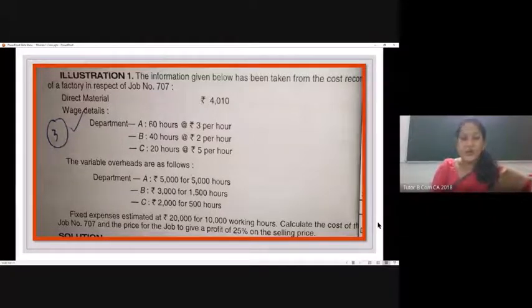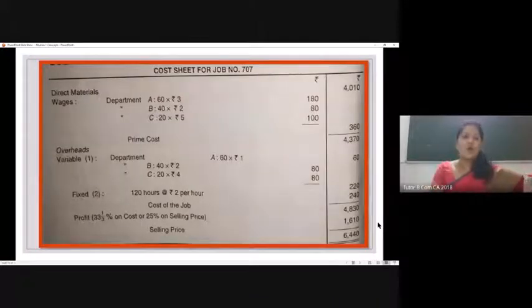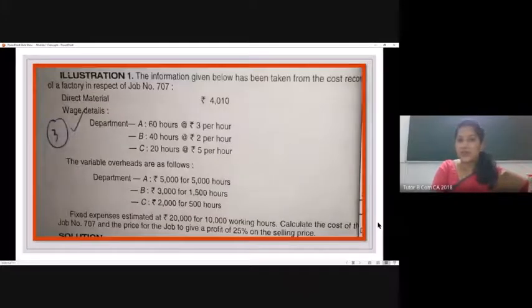Now let's see how we do that. See here, this is the cost sheet. You have learned preparation of a cost sheet maybe 2-3 weeks back, so it is very fresh in your mind. Looking into this question, we do not have much detail. We have only material cost, labor expenses, and also overhead, both fixed and variable overhead, as shown in the question. So we don't have all the subdivisions for our cost sheet. We only have prime cost and other administration expenses which will be incurred before we arrive at the final profit or loss and then the price.